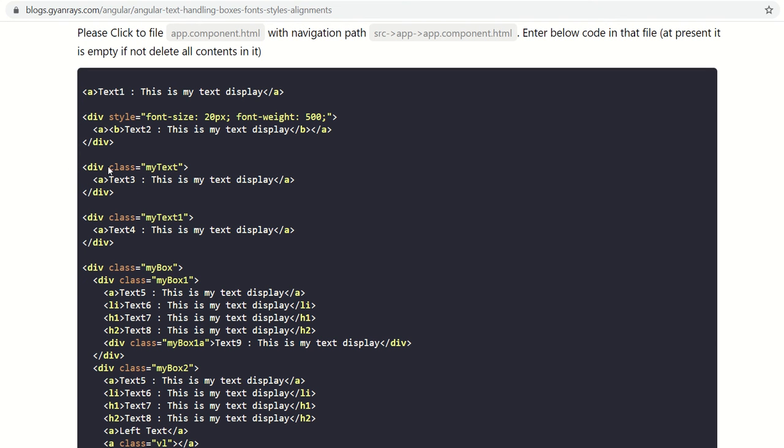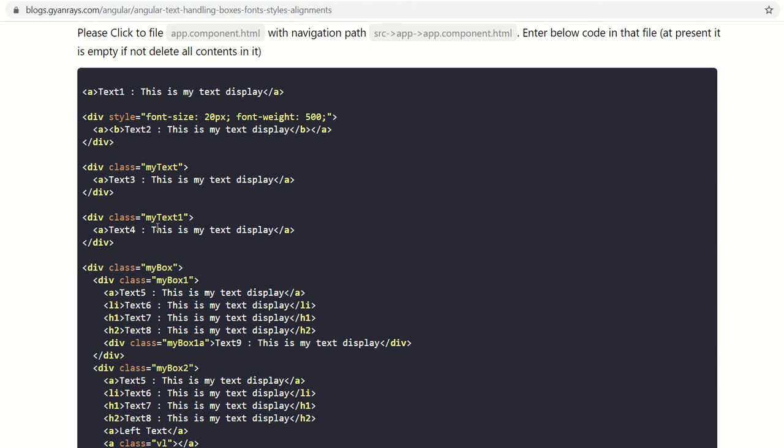Yes, the major advantage of writing separate code in the CSS file is code reusability and code management. With this technique, you can use this class my text for any other text in the file. However, if you define the properties in the HTML file itself, then you need to copy and paste the same code everywhere, so your file and code will become bulky. Therefore, it is always suggested to keep style formatting in a separate file which is called .scss.